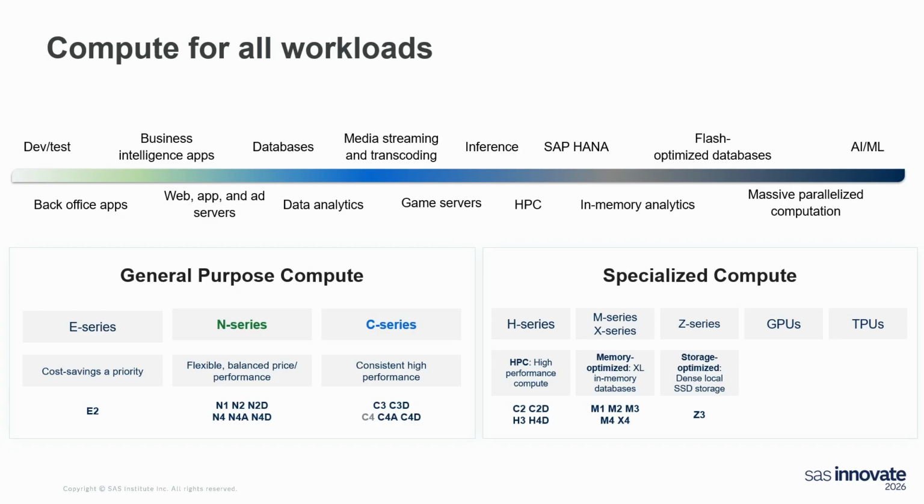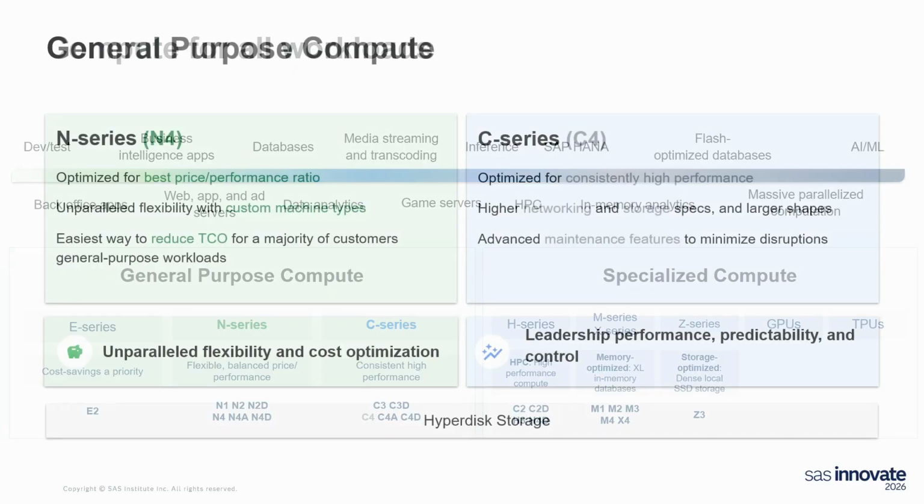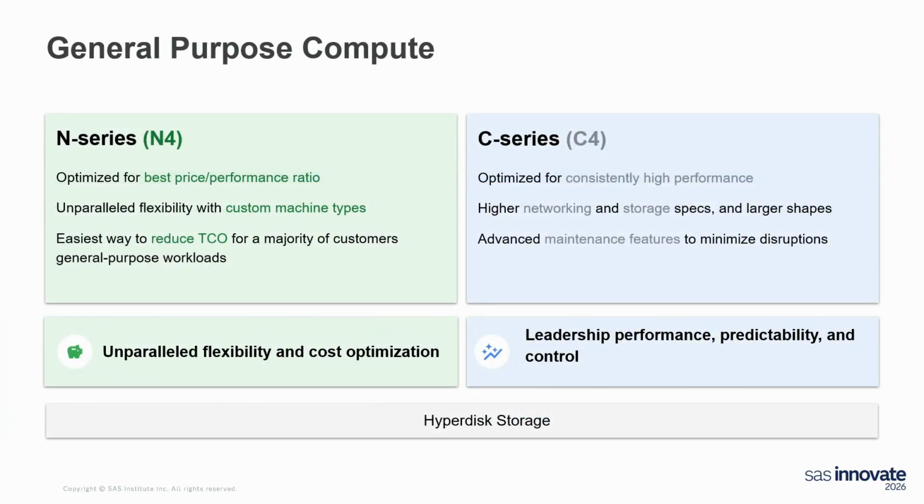So digging in, you can see in the drop-down that we have C3 and C4 under that C-Series. As we look into general purpose and zoom in a little bit more, we really have the N and the C-Series. The N-Series kind of won our hearts, as I like to say, just due to its price performance and its flexibility. So they go there for standard GKE nodes and random workloads where you need cost optimization and flexibility as a paramount metric. But when you really need top-shelf performance, a consistent high-performance benchmark and control, we're urging customers to